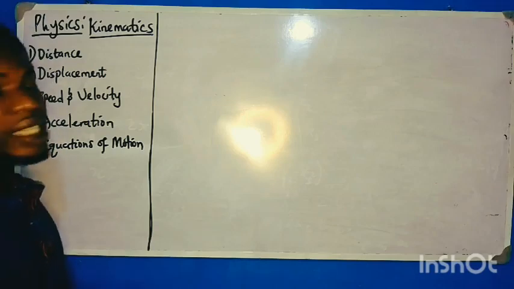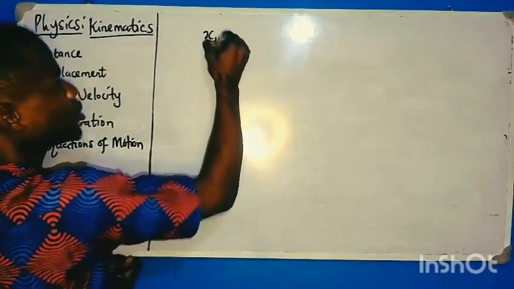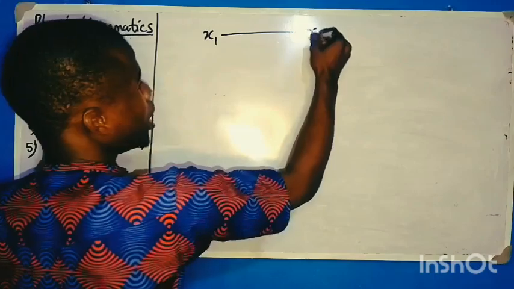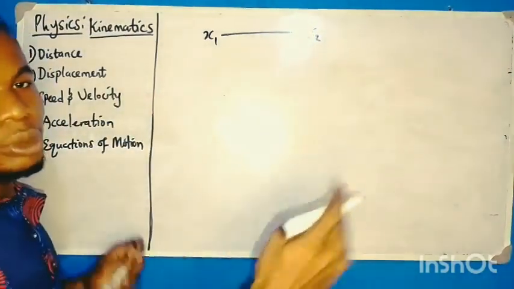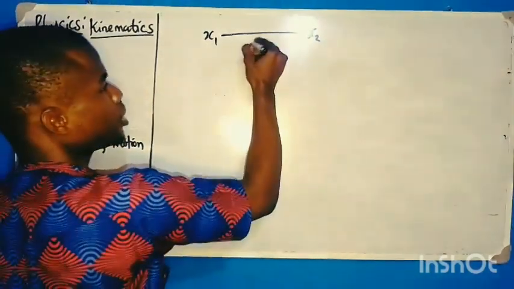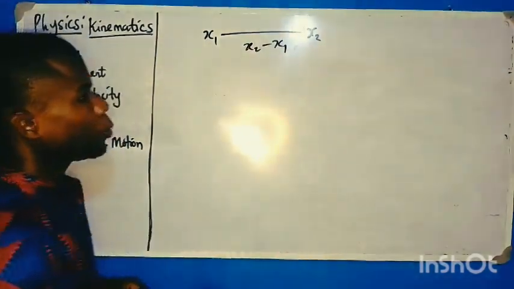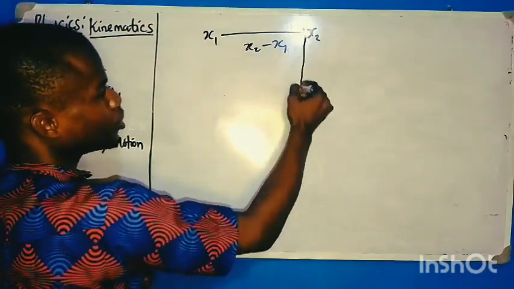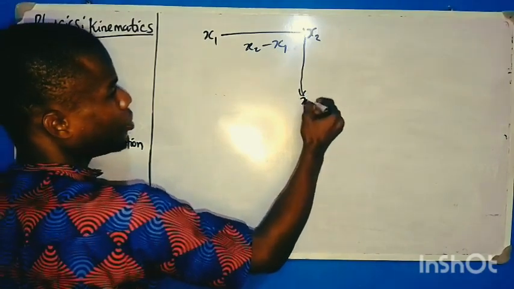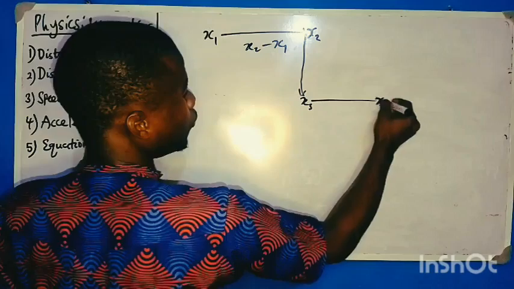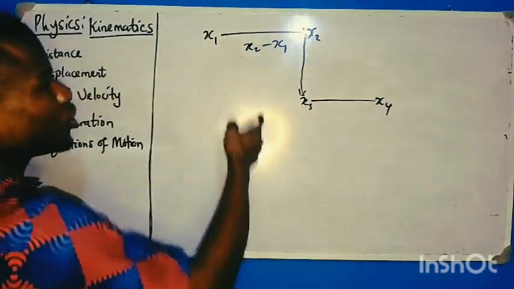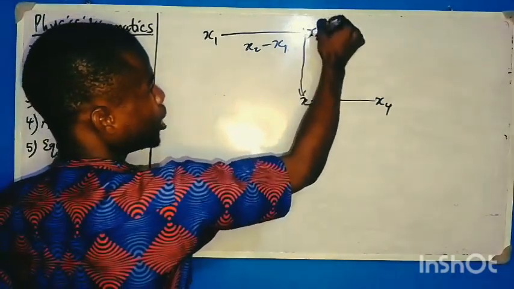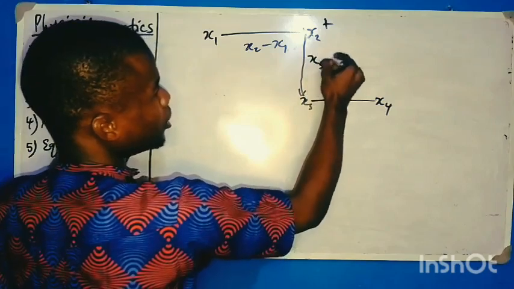What is distance? Let's say a particle was at a point called x1 and moved to another point x2. Now the distance is just the space between x1 and x2, which is x2 minus x1. But let's say the body did not stop at x2, the body decided to go from x2 to x3 and then maybe from x3 to x4. Now the distance here is going to be x2 minus x1 plus x3 minus x2